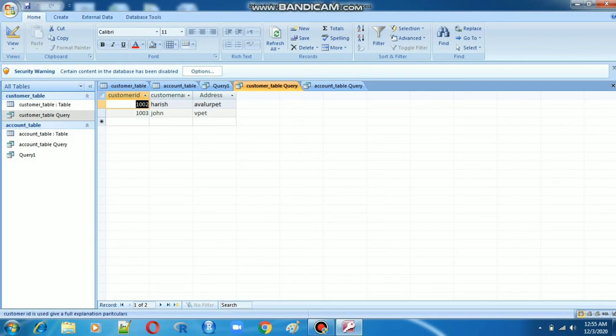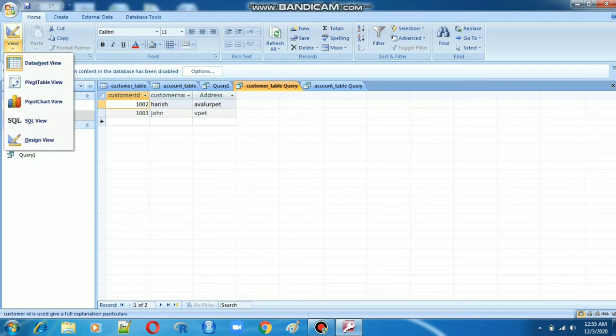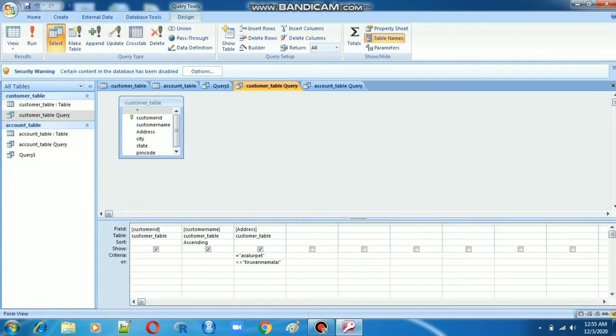So I selected the customer table query. Here itself I have to open a table or query in query design view. So I open a table, and here go to query design view. In design view, choose the field names you want to retrieve. This is the field name; you can select any field name, for example State. Next, choose the field name based on which you want to sort the table in a query.